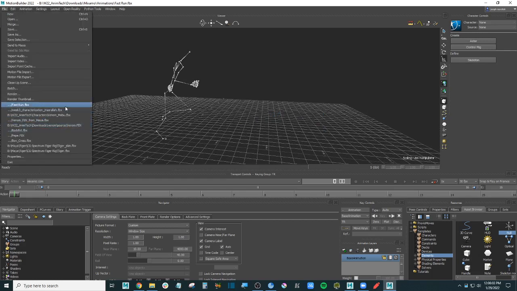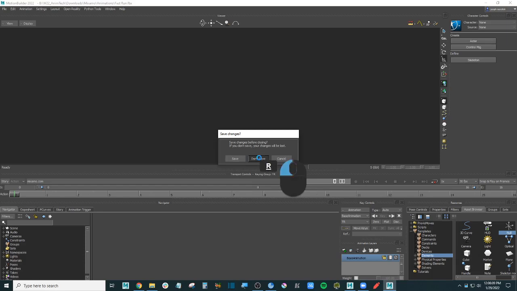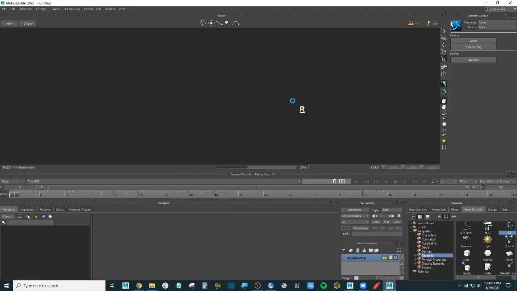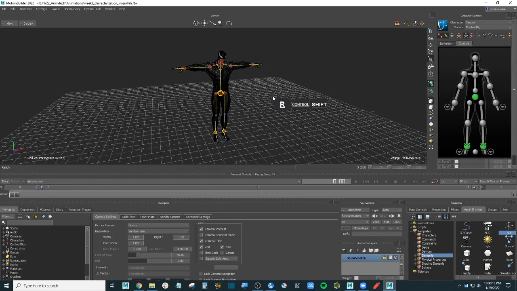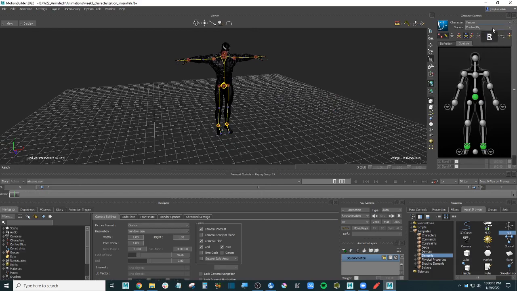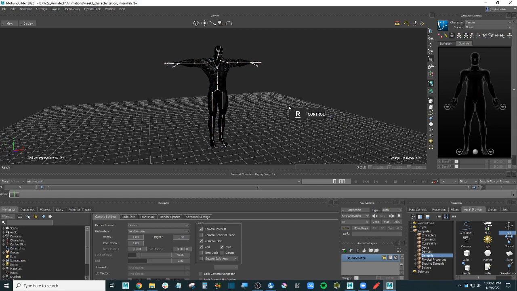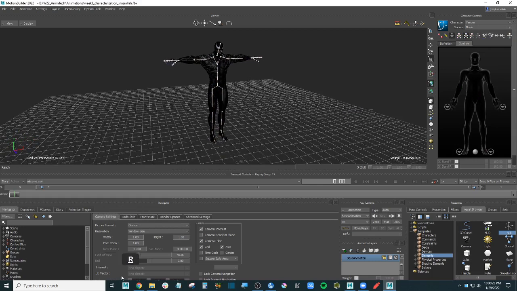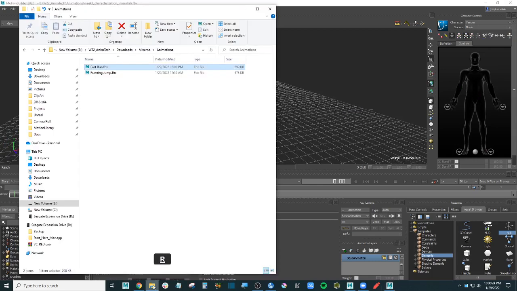So let's do that first before we import it. I'll open up the file that I just saved, and I switch my source to none. Okay, and then I'm ready to import, or merge, I should say. So if I choose the fast run and I just drag and drop it,